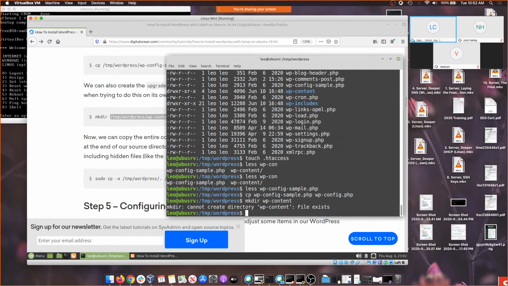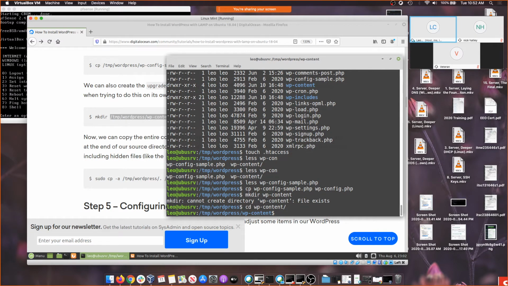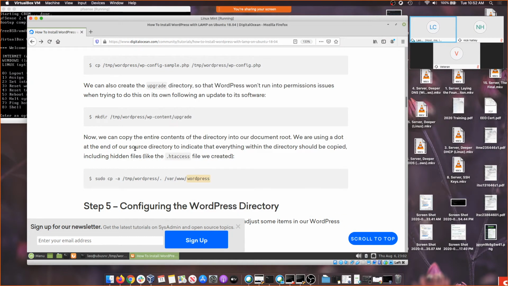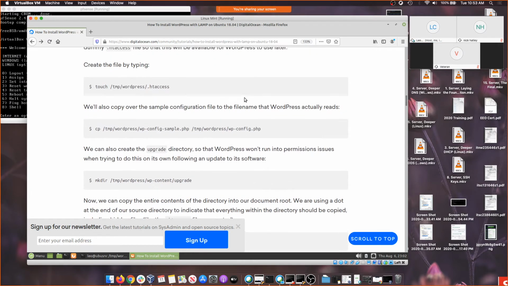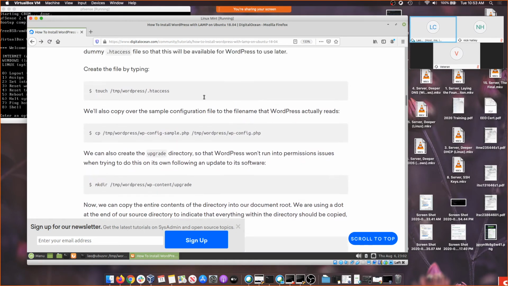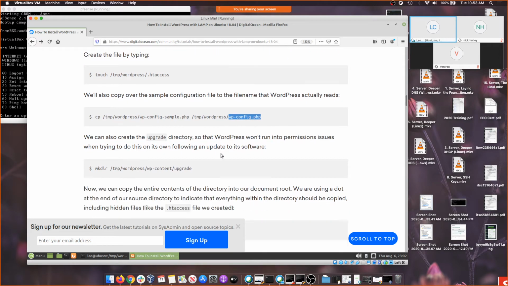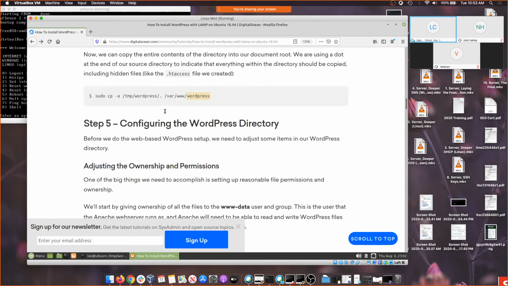Yeah, sure enough. So, in wp-content, I want to mkdir upgrades with an S. Nope, just upgrade without an S. There we go. Now that we're ready, so basically we just did a couple of things. We made this file, copied a sample config to wp-config.php, created the upgrade directory, and now what we're going to do is copy everything